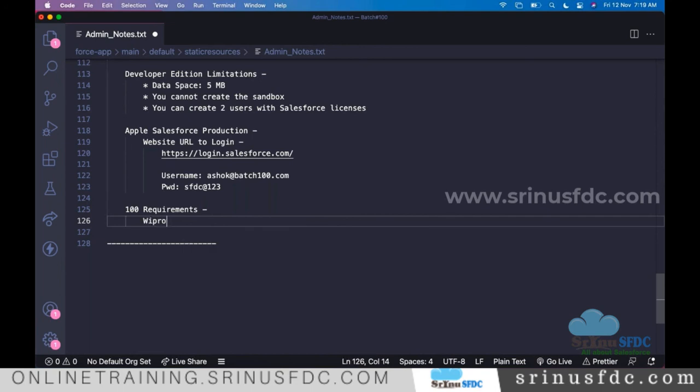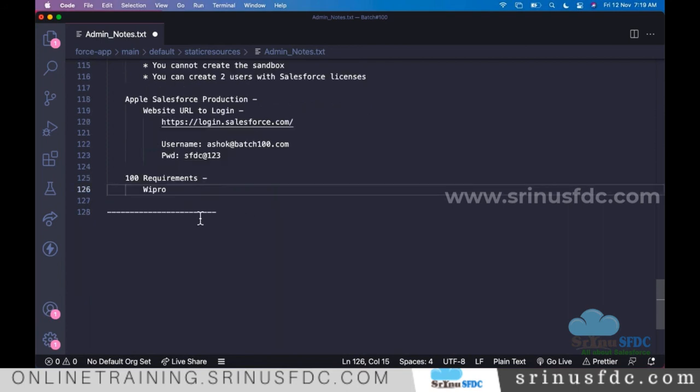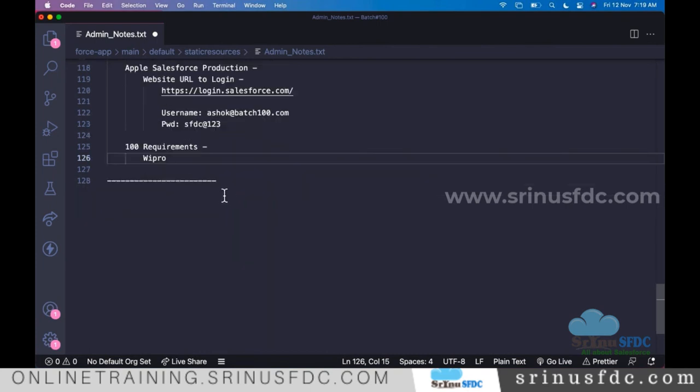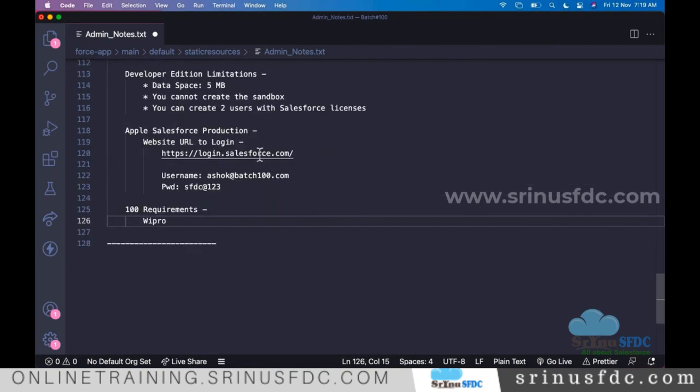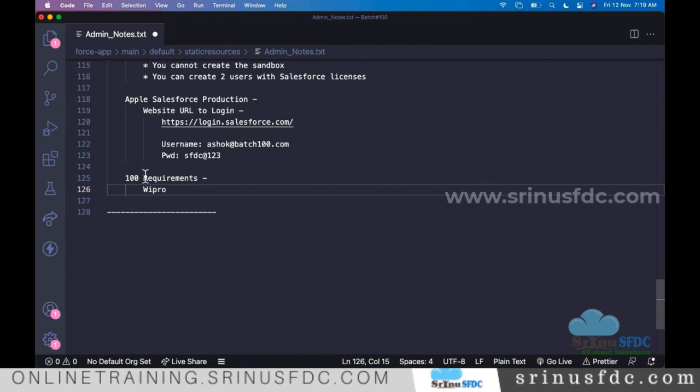Assume that this company won the bidding. Now this company is going to develop the application for the Apple company for all these 100 requirements.